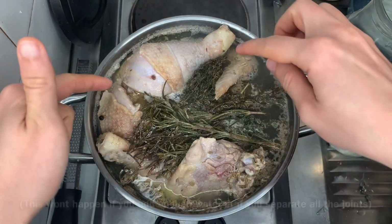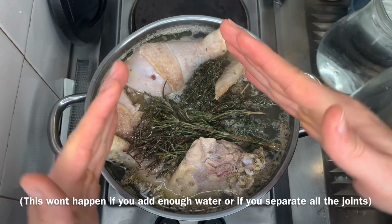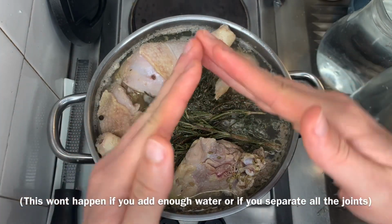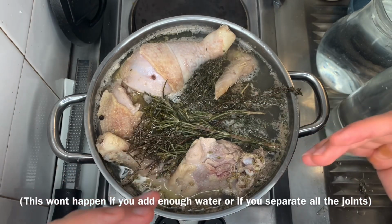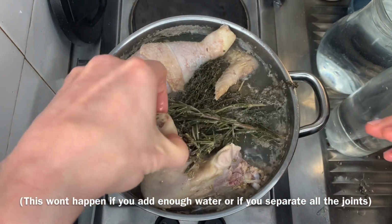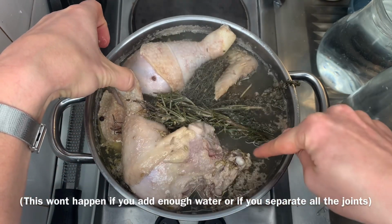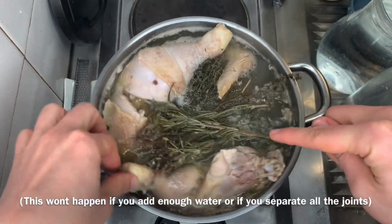One other thing to keep in mind as you are cooking is that you will see that when it comes to a boil, your joints, they are going to tighten. And so what that means is that they are going to seize and then they are going to relax when they are fully cooked through. So right now the proteins are getting really tense and so they're tightening up. So this joint is completely tight, but as it cooks, this will eventually relax and